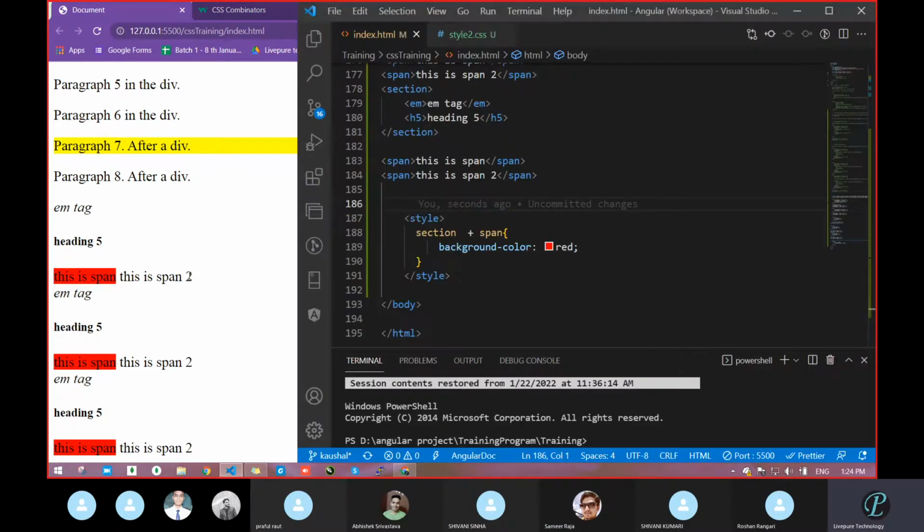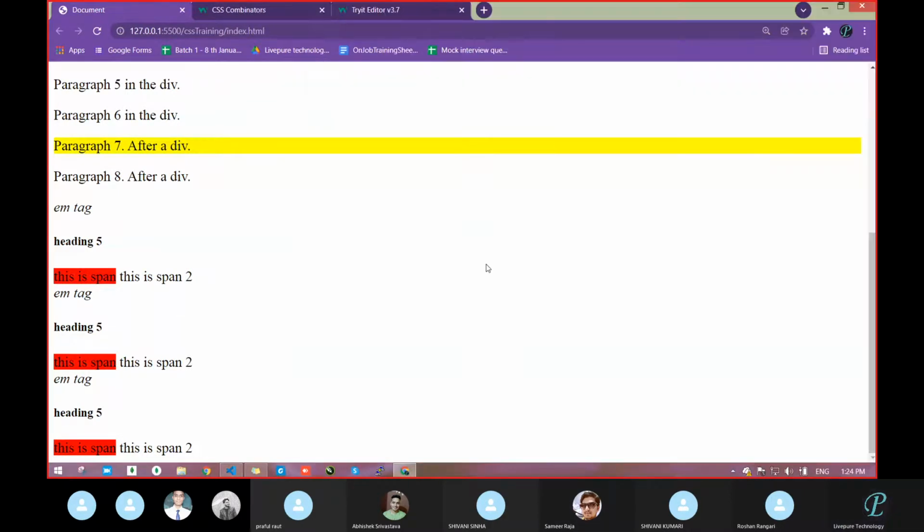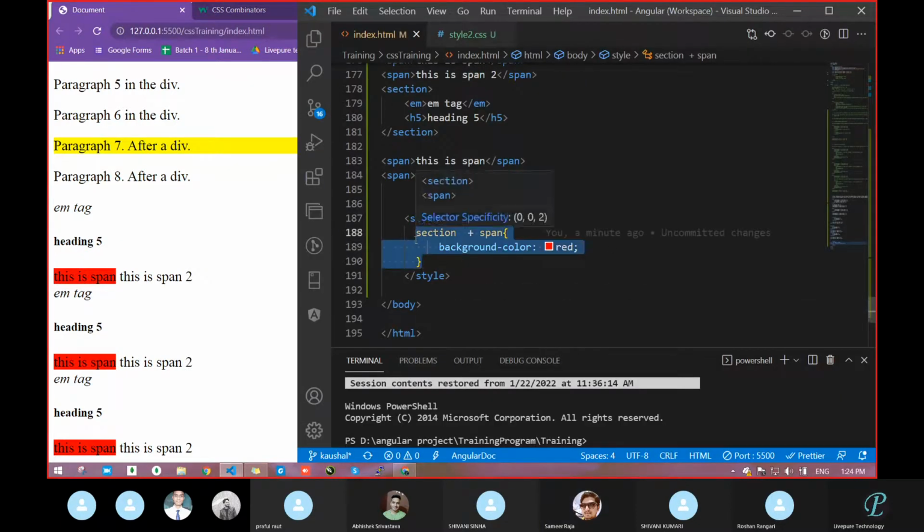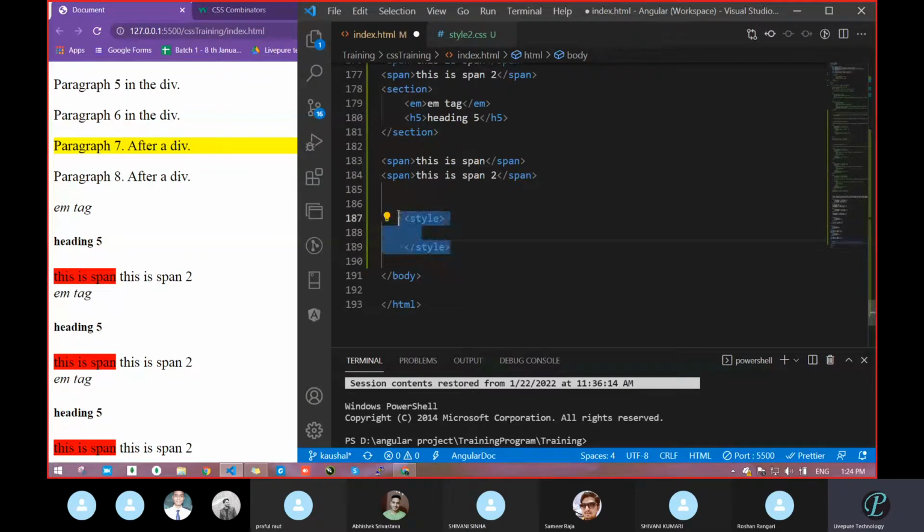So no need to particularly find which one; directly it will affect the second, whether it has an ID or class, that's not the matter. The matter is that with the help of plus, it will identify and apply that one. Any issue? Clear? Don't get confused.